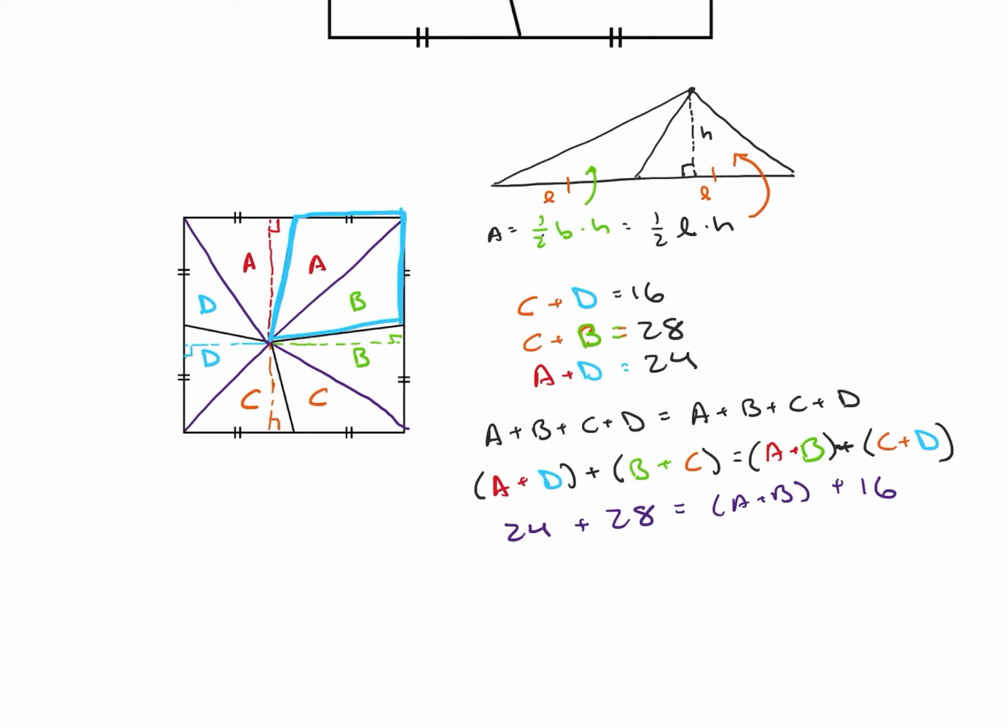So it looks like our answer has kind of popped out here. If we do this, we get A plus B is equal to 24 plus 28 minus 16. That means A plus B is equal to 52 minus 16, which is going to be 36. So it turns out that my area, that region A plus B,